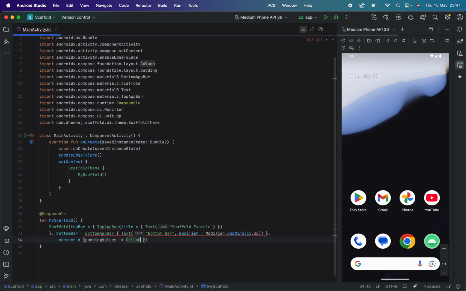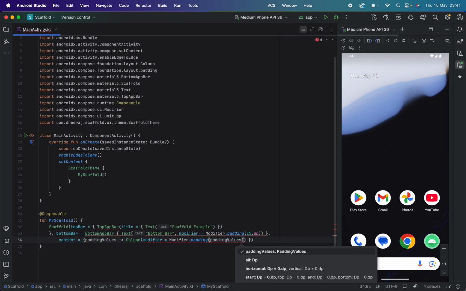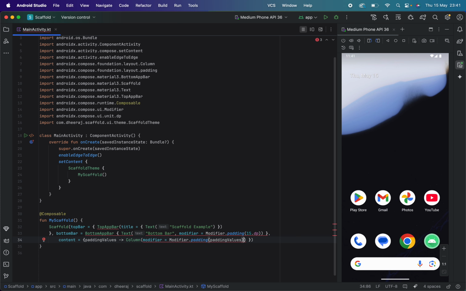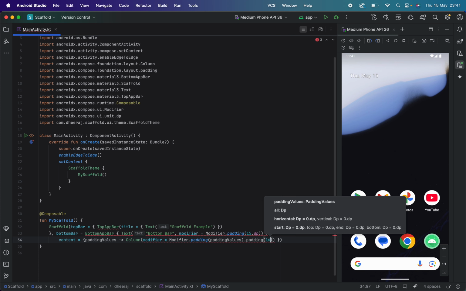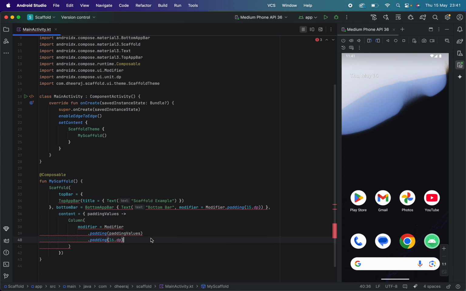So I will take one column, and with this column we have to check one modifier as well. With the modifier we have to take one padding, and we have to pass these padding values, lambda values, and apart from that we have to take another padding value. So basically we have to check here why we are taking another one. So if you are passing